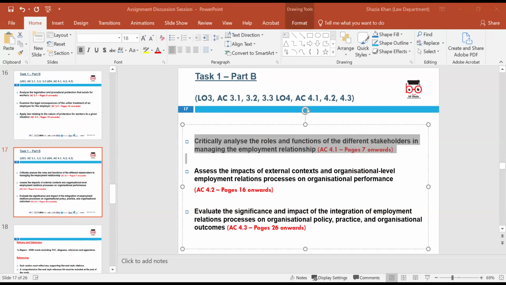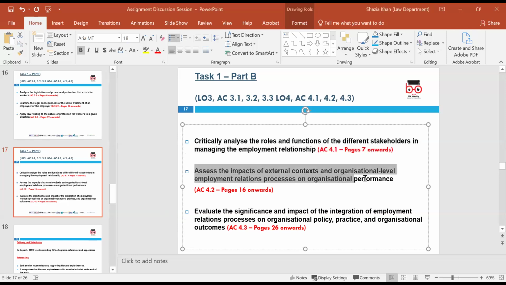And that will look at the AC 4.1, and it's looking at key issues for employers. It's looking at individuals, page 7 onwards, and what contract law, so Employment Rights Act, Equality Act, collective relationships, employee relations in time of COVID, you could use that, managing employee relations and workplace conflicts, employee relations skills, the relationship between stakeholders in regards to this. So that would be the fourth part of part B.